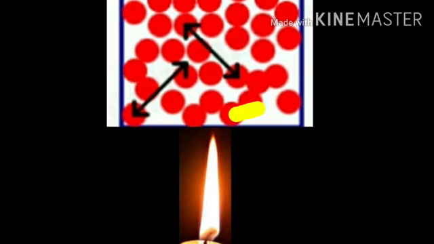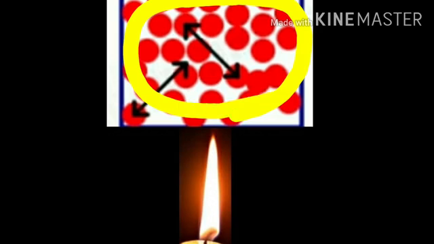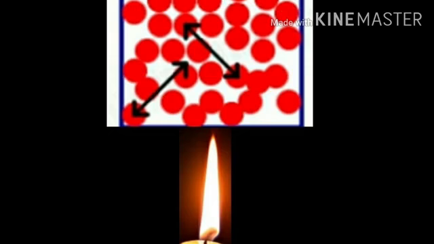So this shows a circular movement of molecules. The hot molecules rise upside, and the cold molecules go downside. This is called the circular movement of the molecules. So in the liquid, the molecules move in a circular motion,